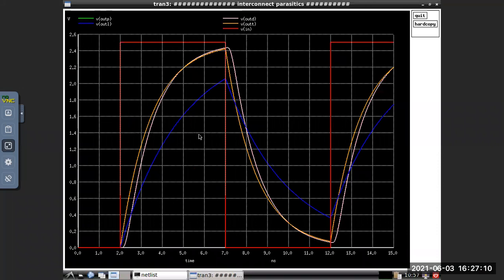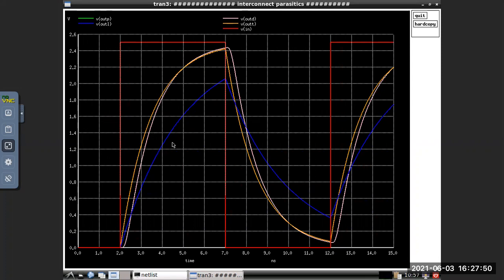Yes, sir. That is because we have taken all the approximations and calculated with 0.69 into that. Here you can see the 2.5 voltage supply we have given, a 2.5 voltage input. So at exactly 1.25, see what the value is. And in the distributed model, see what the value is. You can check that it's 0.69 RC.